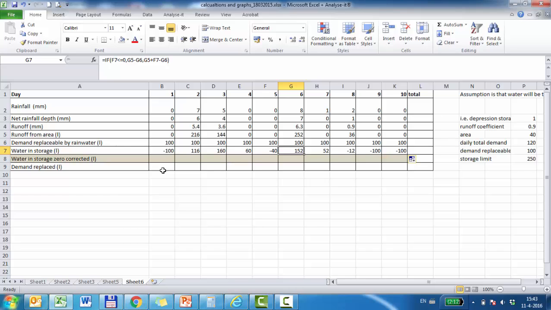Note also that we assume here that water is always taken out of storage after the rain event. So that's a simplification. Of course, it could rain and at the same time a demand could occur. Water in storage 0 corrected. Well, because of course we don't have the option to have a minus 100 liters in our storage. We should show the reality of things. So we should say